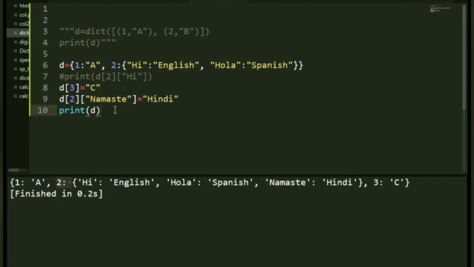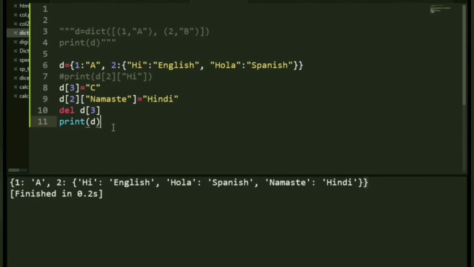All right, this being said, we have added. Now let's try and delete something. Let's say I want to delete the value of the third key, that is C should be deleted. Simply say del, okay, the del keyword, D of 3. Okay, you don't have 3 and C anymore in the output out here. You can also use pop and clear. You all know that by now. We have used a lot of that in lists and tuples.